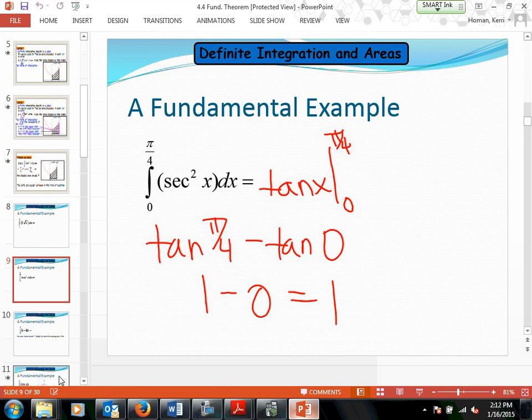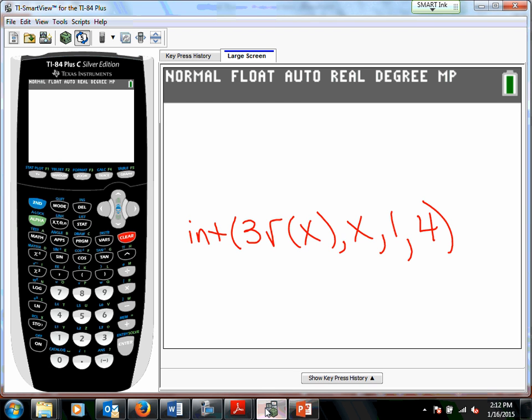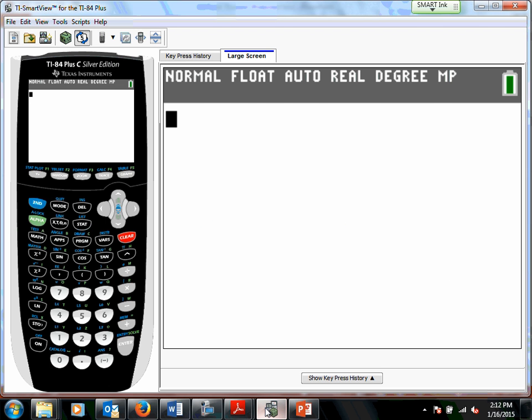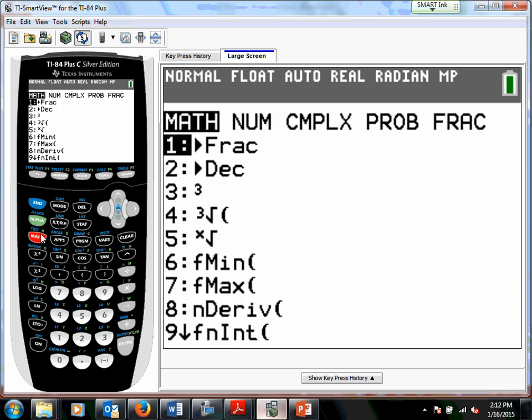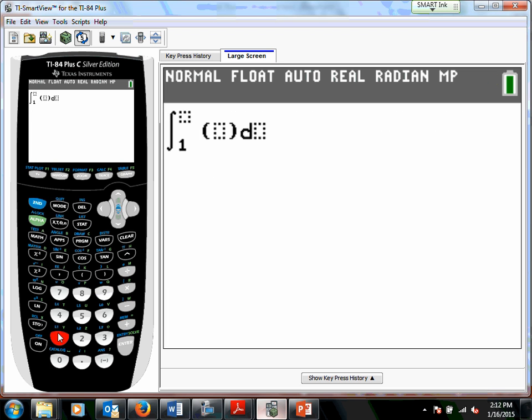Okay, remember pi over 4, 45 degrees, radical 2 over 2, radical 2 over 2. Now, when we go to do this in our calculator, anything we do with trig functions, our mode better be in radians. So make sure you go to mode and make sure it's in radians. Okay? So then we can do math 9. 1 to pi over 4